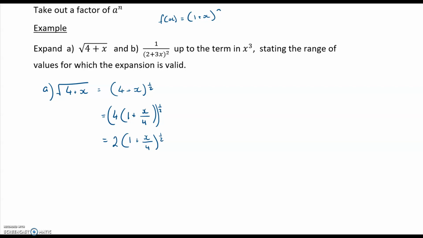Okay, so from here we can now do the expansion of this term in the bracket, and we're just going to keep this as a 2, multiplying all of our terms. So if we now look at the expansion, we've got 2, 1 plus x on 4 to the power of a half. Well, that's going to be equal to 2, 1 plus a half,